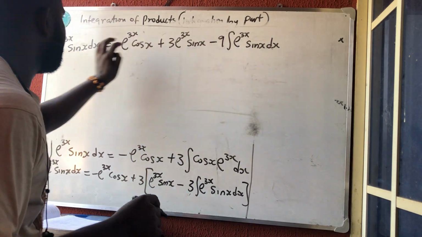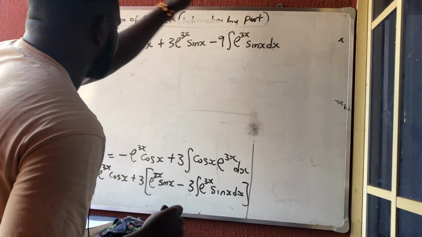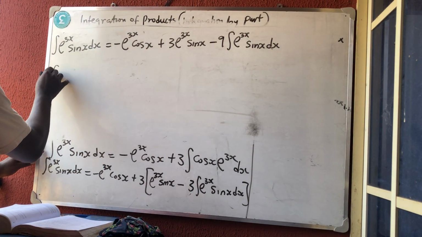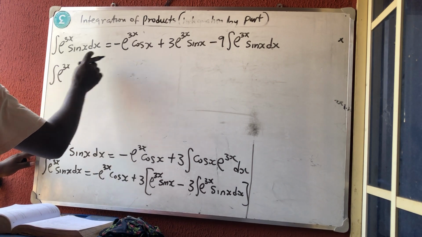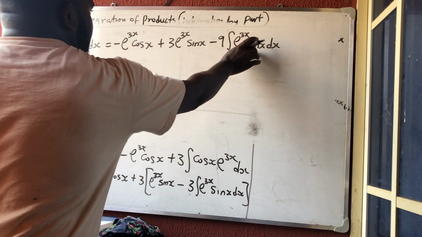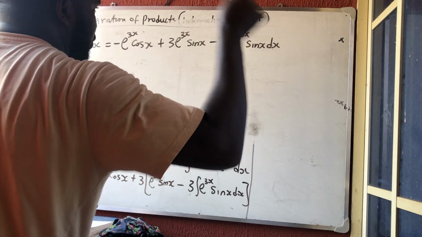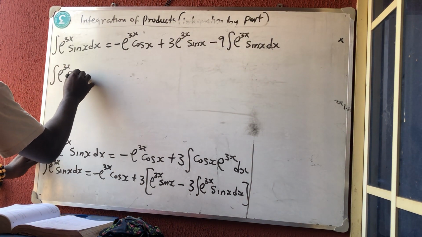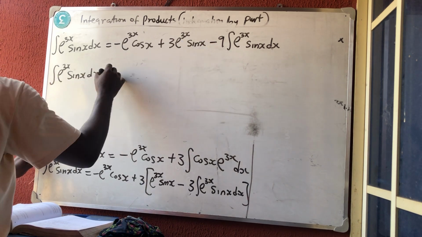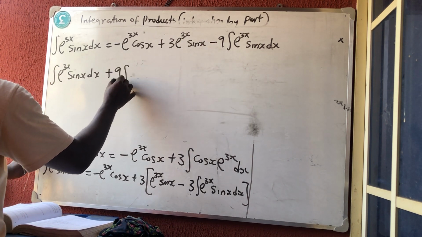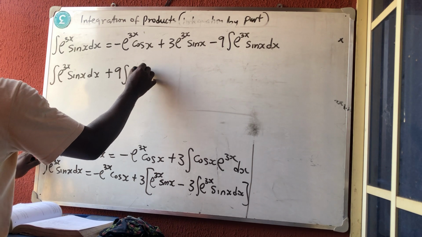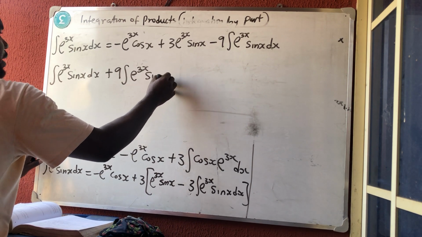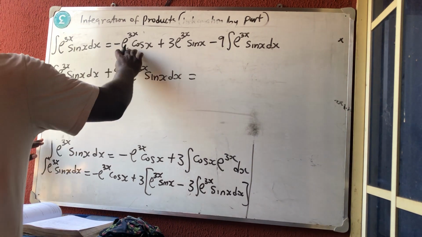Now this one and this one are the same thing, so collect like terms and take this one to this side. Because if you keep doing this, it will keep giving us integration by parts continuously. So let's carry this and come to this side. I'm having the integral of e raised to power 3x sine x dx. It was minus, so I'm having plus 9 the integral of e raised to power 3x sine x dx is equal to, now look at what is remaining,